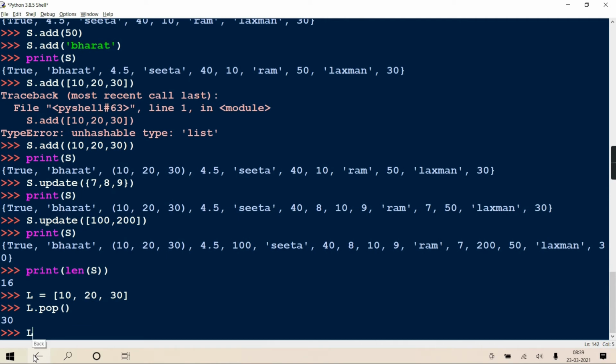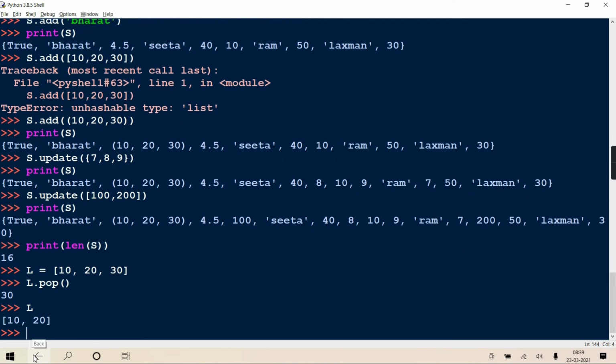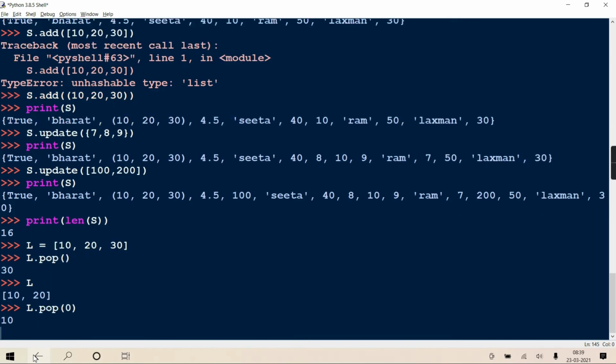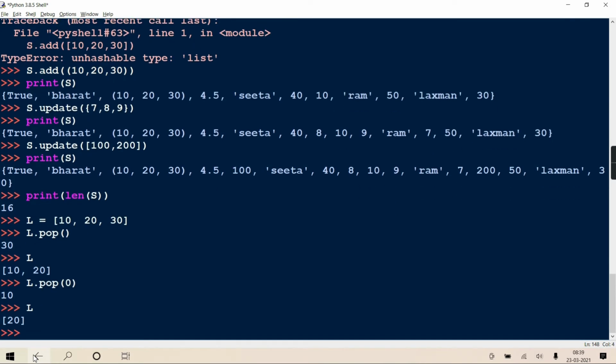If you print and see, 30 is gone. And on the index basis also, you can give an index to pop, like 0. Whoever is at the 0th place will get deleted, and it prints 20. Right? Okay, I hope it is clear.